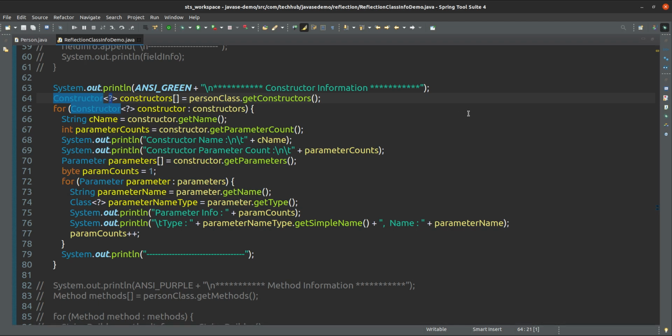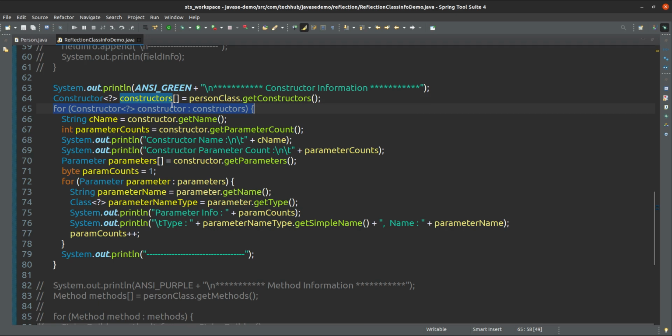I think it is returning a person only, but I am giving this as a diamond operator here, wildcard, okay, fine. So this is an array of constructors, and this array we are iterating.